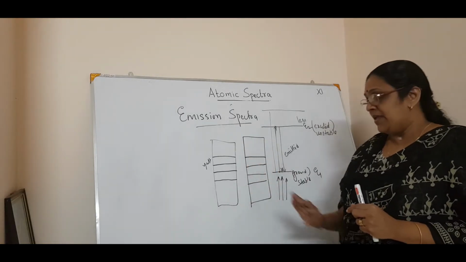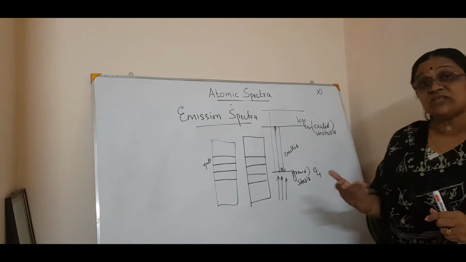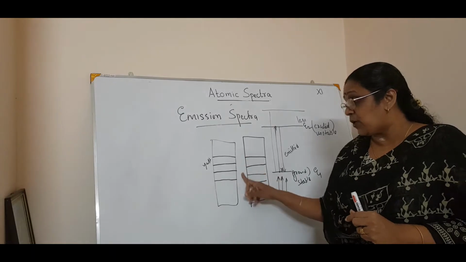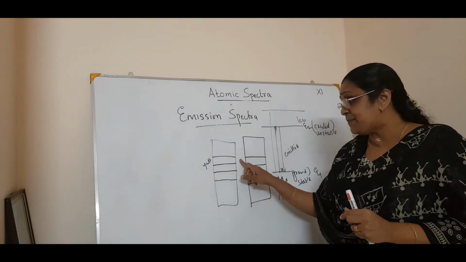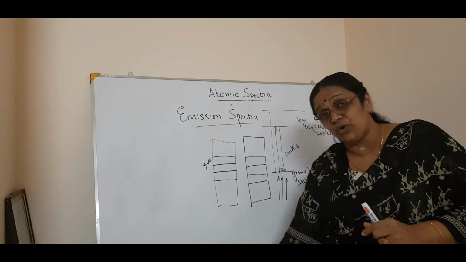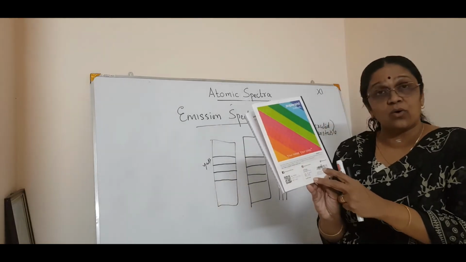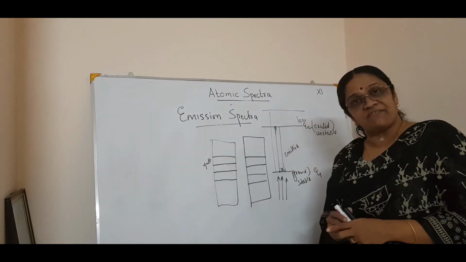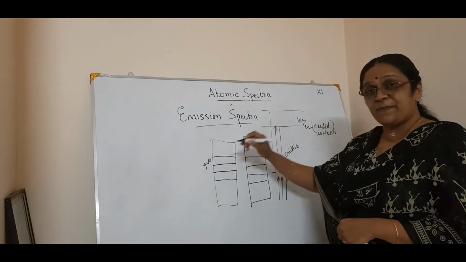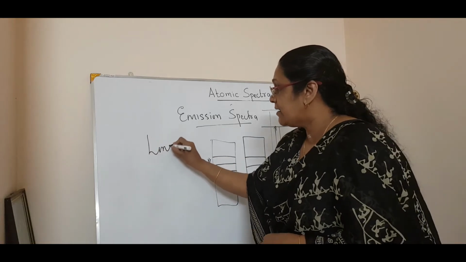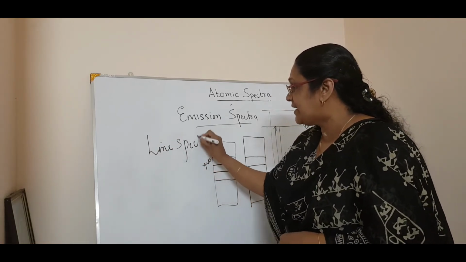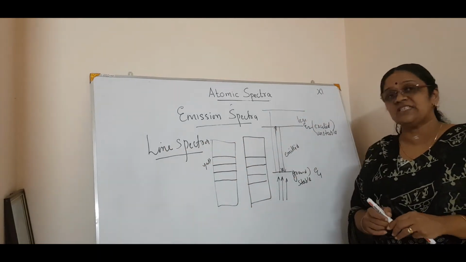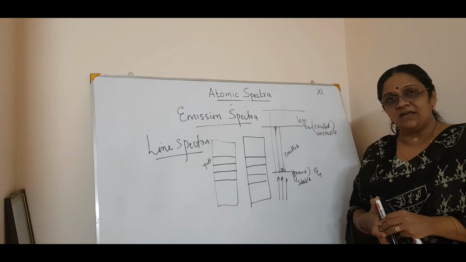Clear? Now next is the absorption spectrum. This is also called a line spectrum. See, these are lines, right? I told you, the same as when you call it the barcode. These are small lines. So this is called line spectra. For atomic spectra you call it line spectra, that is, lines are emitted. So this is called atomic line spectra, for the hydrogen atom when hydrogen is taken.